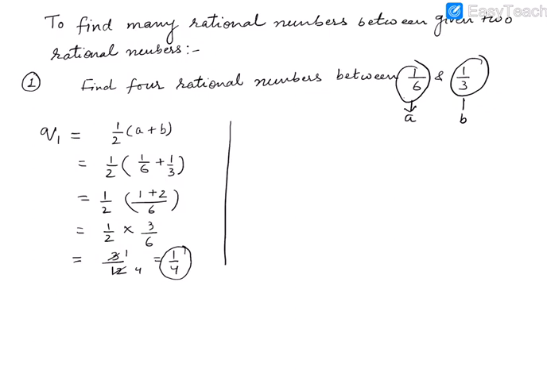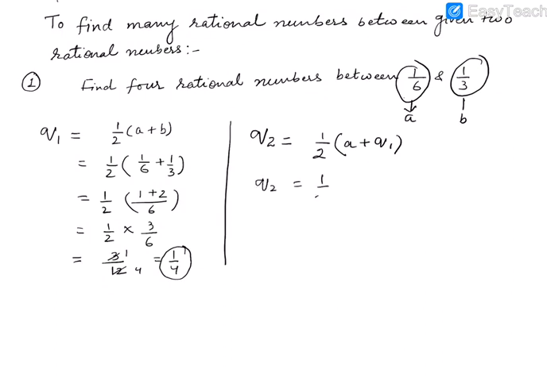Now how to get the second rational number? Now we'll consider the second rational number as Q2. In this, the role of Q1 is very important when you are finding Q2. You can take half of A plus Q1, or you can take B also, it doesn't matter. You can take 1 by 6 here or 1 by 3. So I am taking A plus Q1. You will get the second rational number.